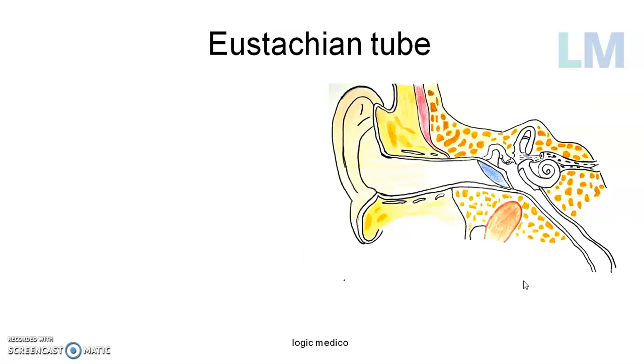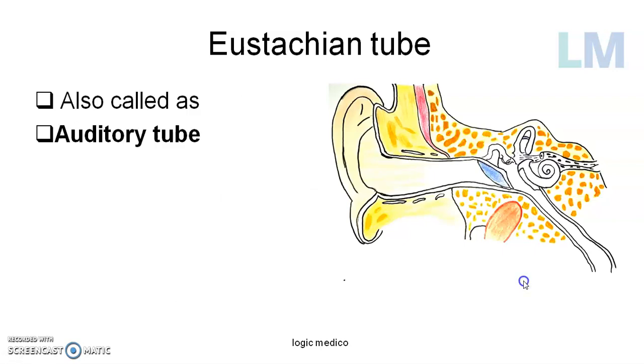So what is the other names of the Eustachian tube? What is it also called as? It is also called as auditory tube. Why? Just now I told it maintains the pressure within the middle ear so that the air outside and the air inside the tympanic membrane will be almost of equal pressure, so that the tympanic membrane is neither too stiff nor it is lax. So when the tympanic membrane is in optimum position, the person is able to hear with more clarity. So therefore it is helping in audition or hearing. Therefore the other name of Eustachian tube is auditory tube.